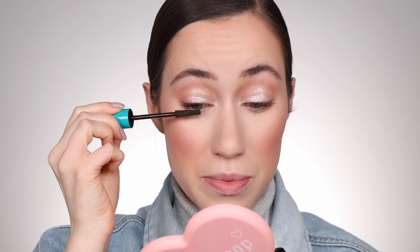Now it's time for mascara. I feel like you personally know what mascara is reliable, what mascara you personally can't go wrong with. For me, that is the Thrive Causemetics Liquid Lash Extensions Mascara. I love that this is a tubing formula. It doesn't smudge or flake on me, which is always a must. I'm gonna use the shade Crystal, which is actually a black-brown shade, so it's gonna be a little bit softer,